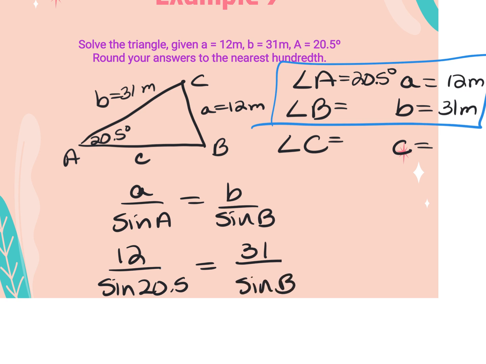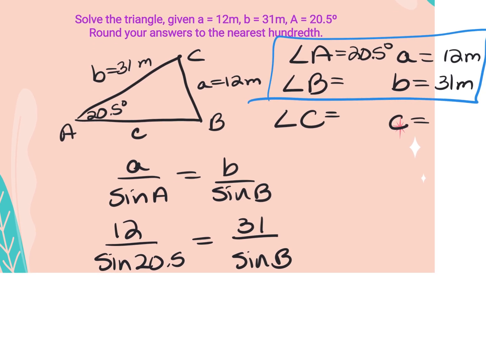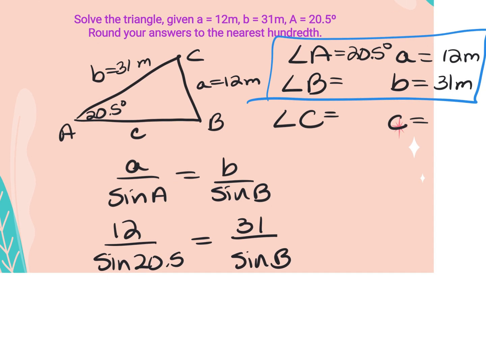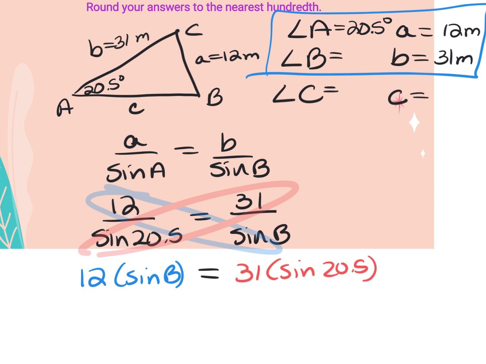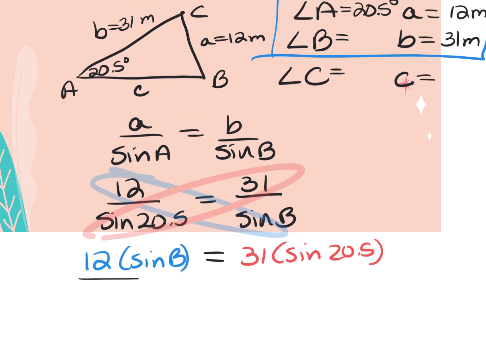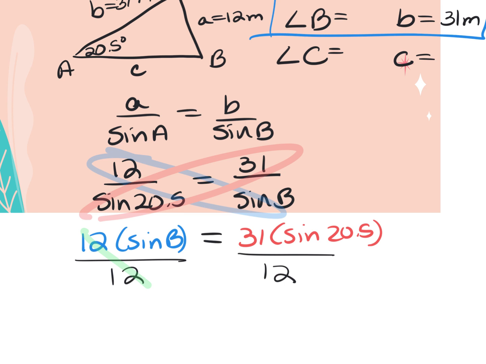Again, I'm trying to find angle B first. So I'm going to go ahead and do the cross products, multiply diagonally. So I'm going to multiply the 12 times the sine of B, and then the sine of 20.5 times the 31. So this gives me 12 times the sine of B is equal to 31 times the sine of 20.5. My goal is to get sine of B by itself, so I need to divide both sides of my equation by 12. The 12s cancel on the left side, and now I'm left with the sine of B